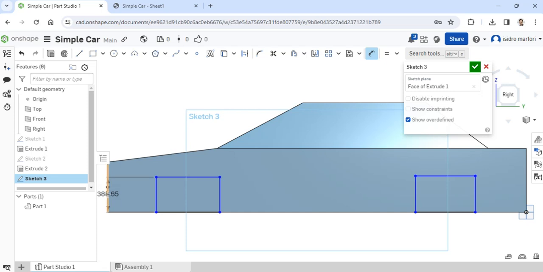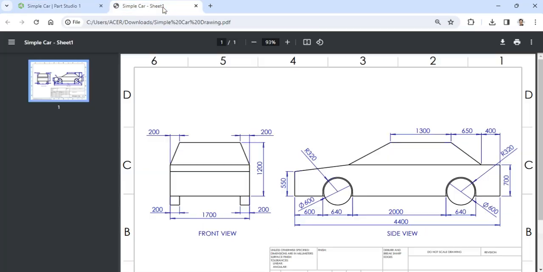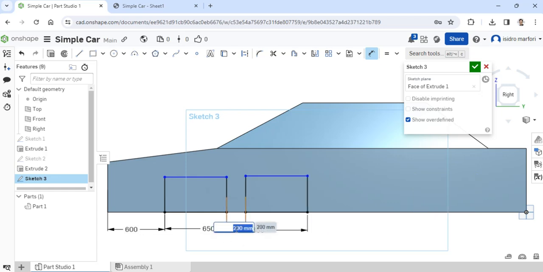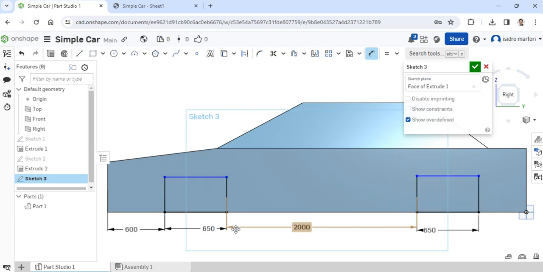This is supposed to be 600, and this is supposed to be 650. Okay? This is 650 as well, and they have a distance of 2000. Oh, that's wrong. 2, 1, 2, 3. There.